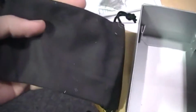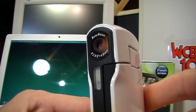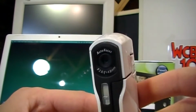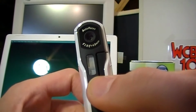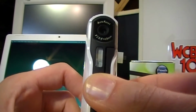And below all that we got a hand strap and a little carrying bag, which is a little bit dirty. Must have been sitting in the box for a while. And that's it. On the front of the camera is the autofocus lens. The specifications say it can focus as close as 10 centimeters, so it won't do extreme close-ups, but for most purposes it'll work fine. Then below that is what Philips calls the flash, which is really just a white LED